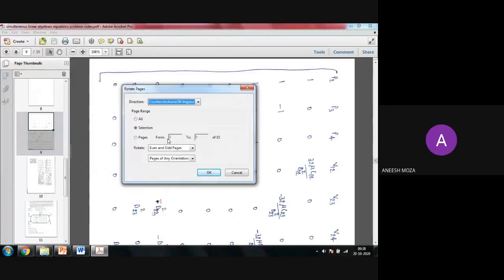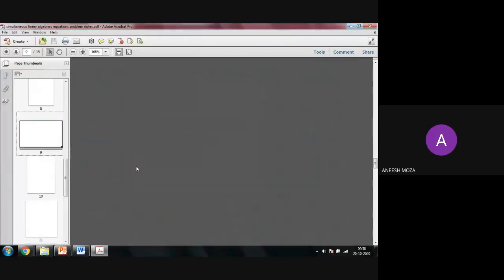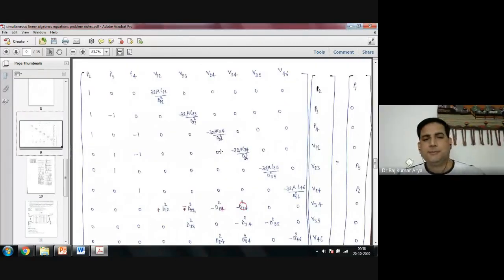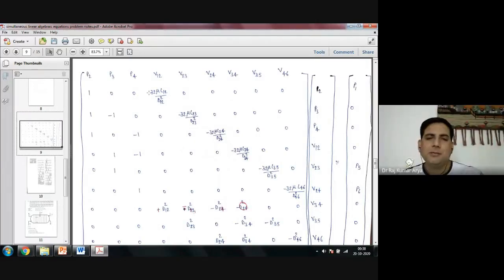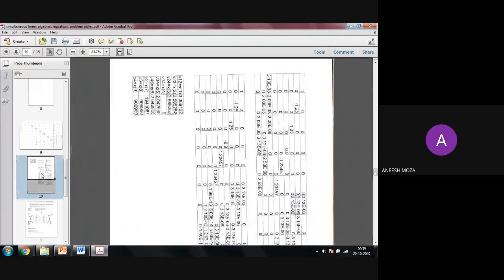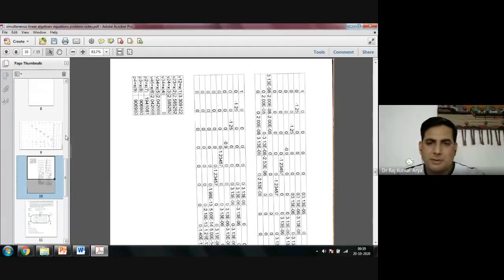Did you get the matrix? Are you getting the same thing? Yes, sir. Tell me what is the value here once you substitute all the values. Sir, 320. Let's see what I have. This is after the solution actually; before the solution I don't have it here.